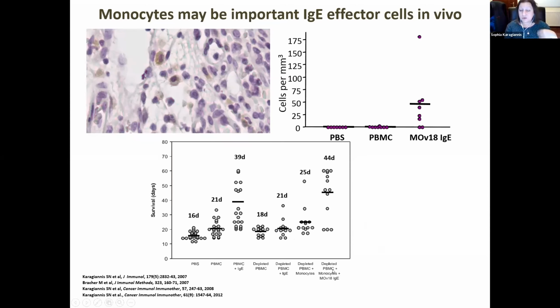What we then did is, in the depleted PBMCs, we reconstituted them with the same concentration of monocytes, and we introduced those back into the animals together with IgE, and we could see that we could recapitulate the survival advantage that IgE had. This pointed to us that monocytes and macrophages may be important effector cells being triggered by IgE in the context of anti-tumor immunity. And as I mentioned before,